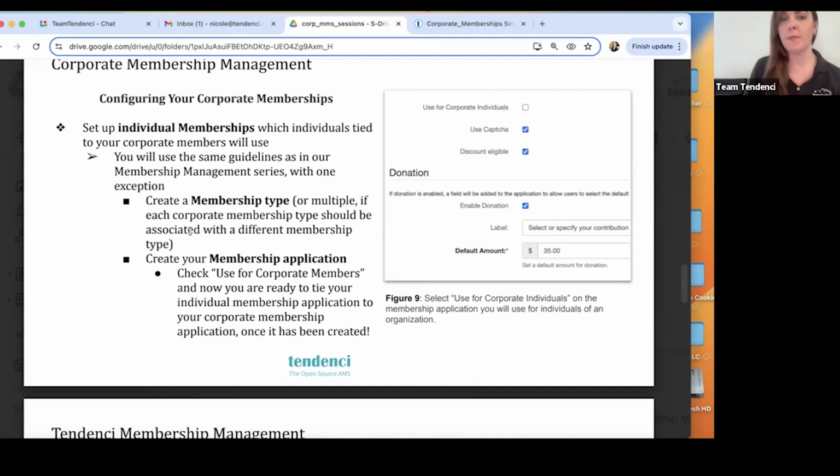Let's say your corporate membership types are small business, medium-sized business, and large business, and you want to distinguish between the individual members who are associated with these corporate memberships. You might want to create a membership type: individuals of a small business, individuals of a medium business, individuals of a large business. And a good use case is if you do have a lot of granular